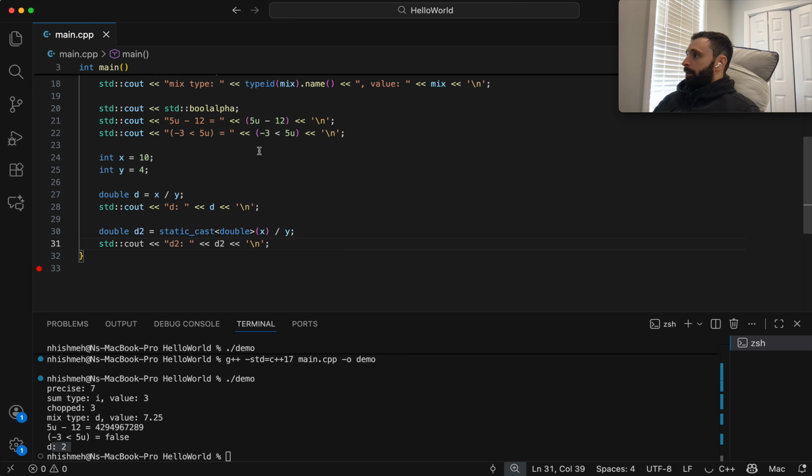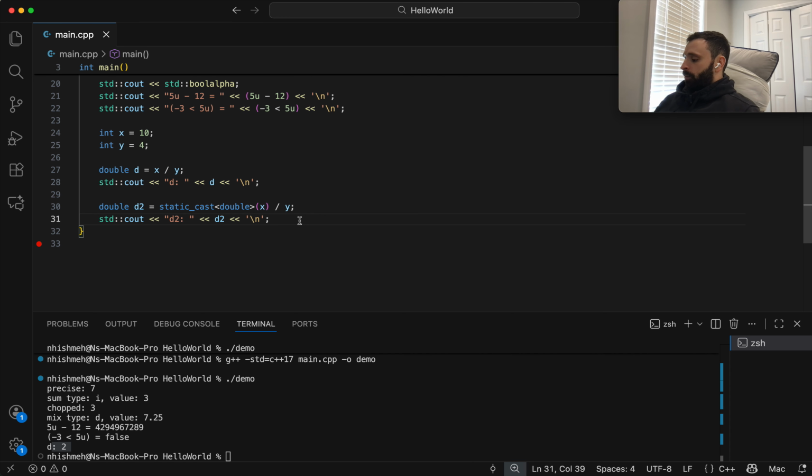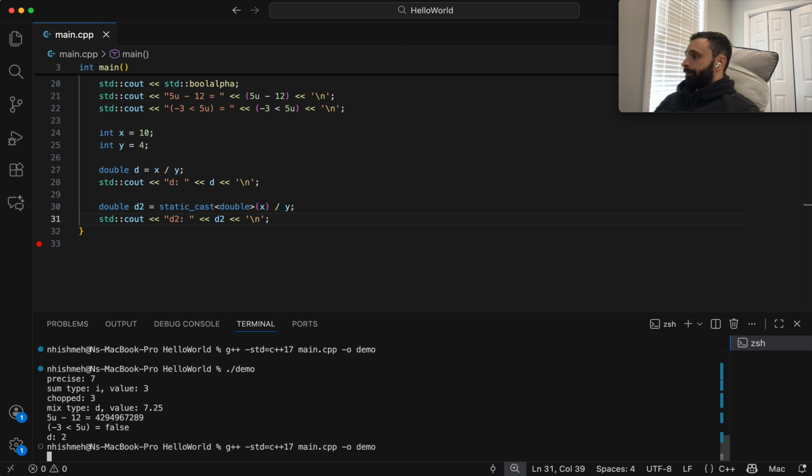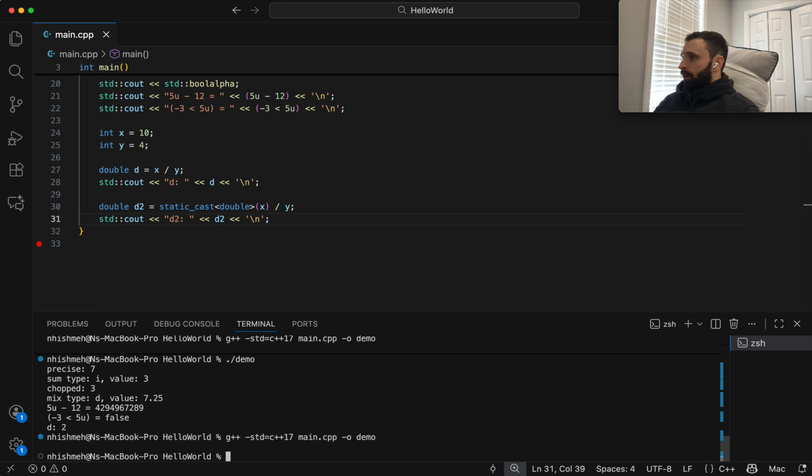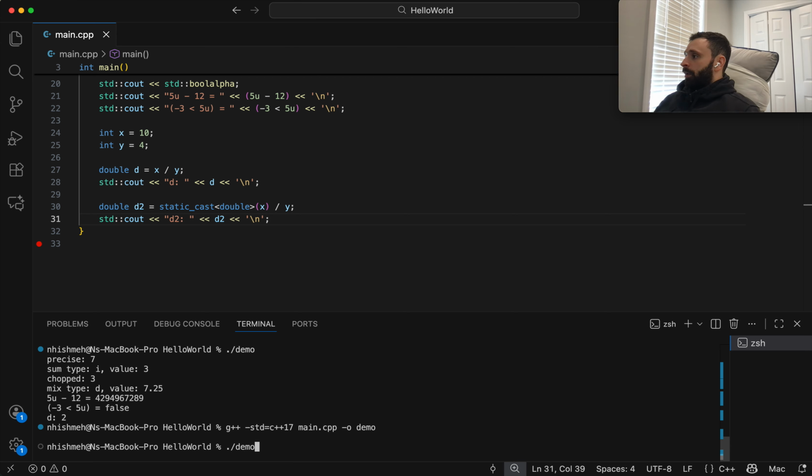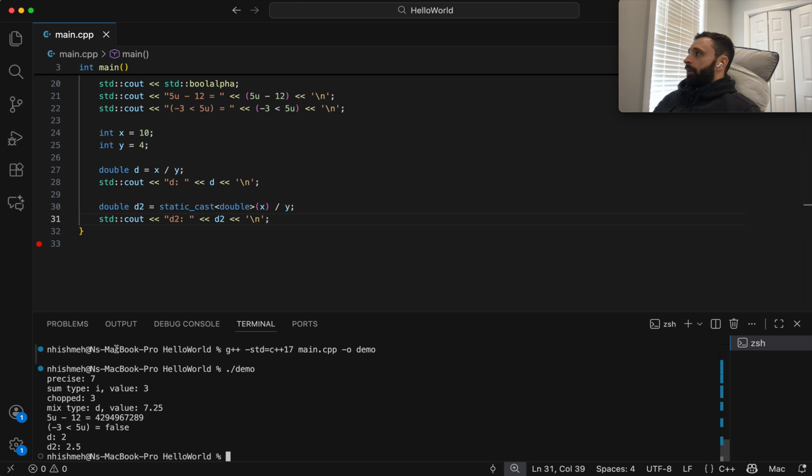So you have an operator operating on two operands, one's a double and one's an int. What do you think the output's going to be? Yep, it's 2.5. What happened is that the entire expression now becomes floating point math. So we get 2.5. And this is the most practical use of static cast, forcing the expression to use the type that we intended.